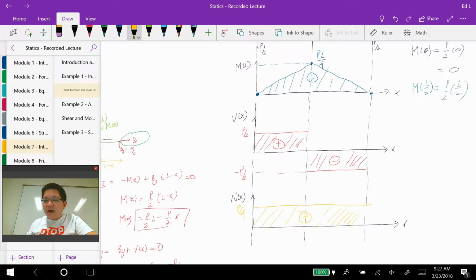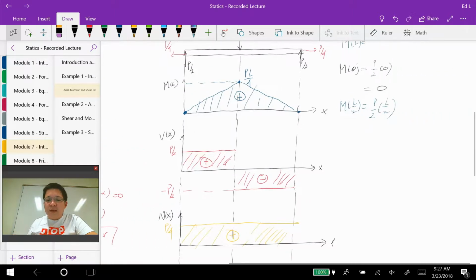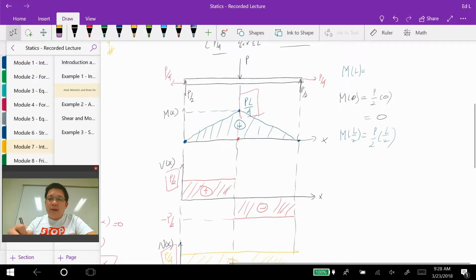so if I further ask you the question, what is the maximum moment, then this is the answer, right? PL over 4. What is the maximum shear? It's P over 2, right? And then what is the maximum axial force? It's P over 4. Okay, where is the maximum moment located? It's located at the midspan where P is applied, right? In the middle, right? Okay, and with that,